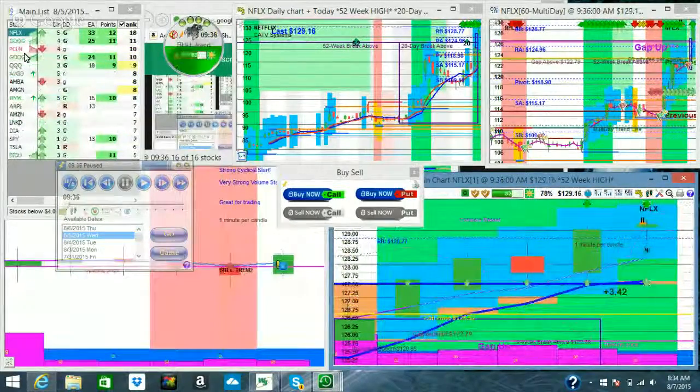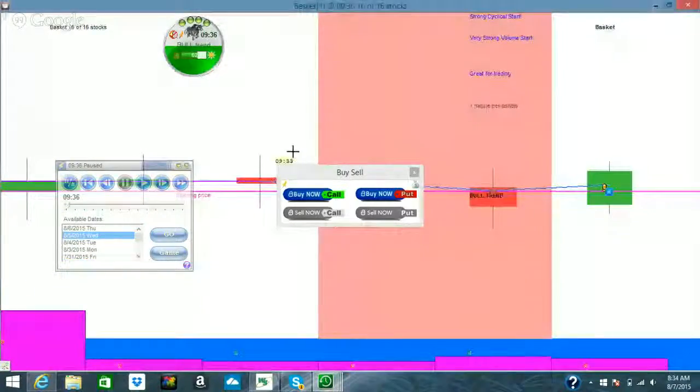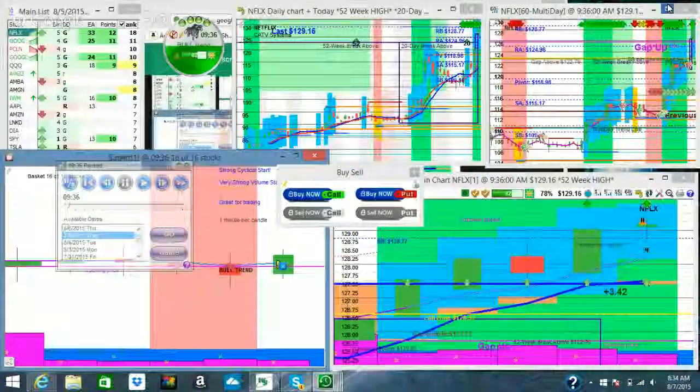9:36 right here. So what I'm seeing right here, doing my market analysis in the basket down here, is kind of just up and down, and then all of a sudden we get a pretty good distinctive move to the upside. So I'm already looking on the upside.